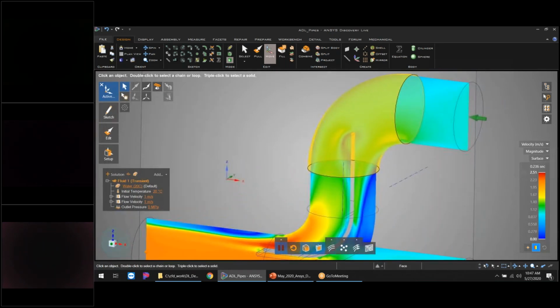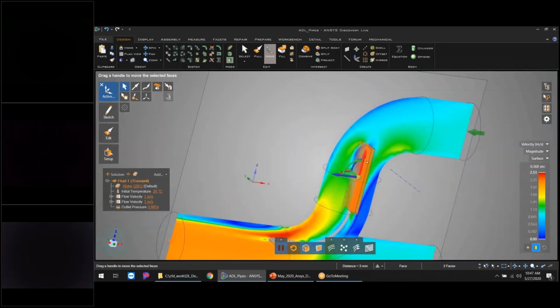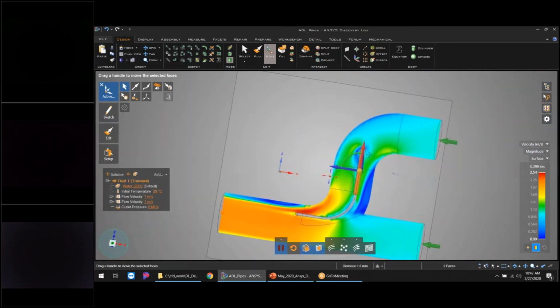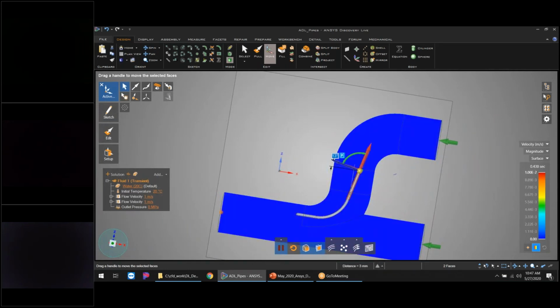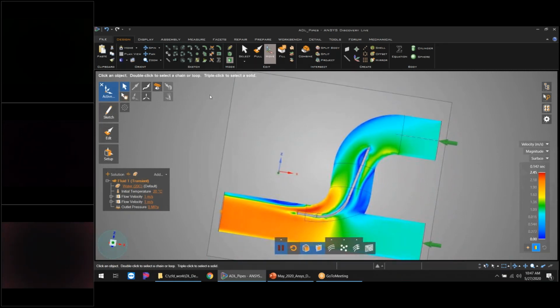Last one here, if I wanted to, again, grab, I'll do the move again. I'm going to grab these guys. I'm going to zoom out so we can see what happens. And I'm just going to rotate that. So I can actually just rotate that geometry. As soon as I let go, instantly, I start getting new results again. So it happens that fast. It's really hard to believe.